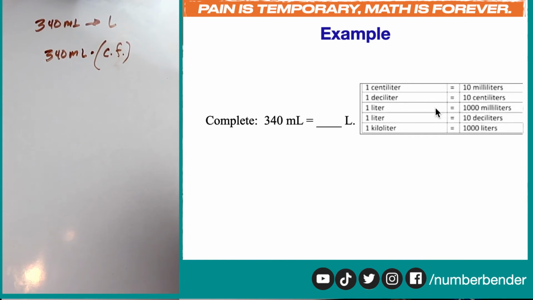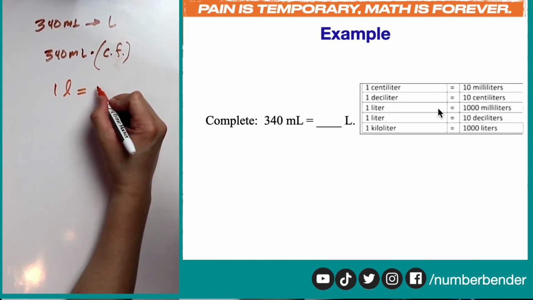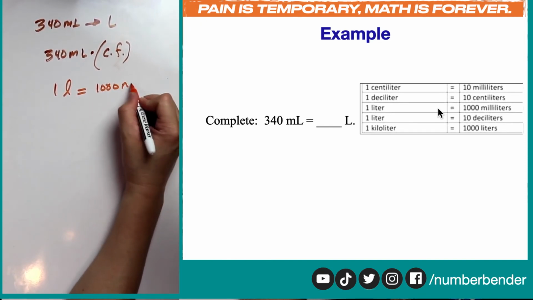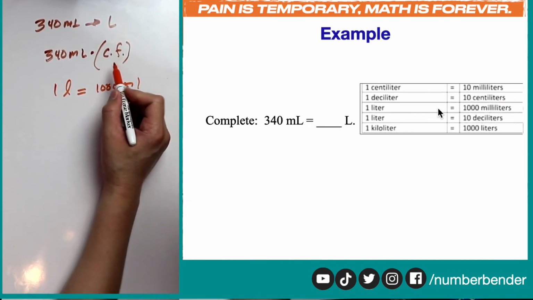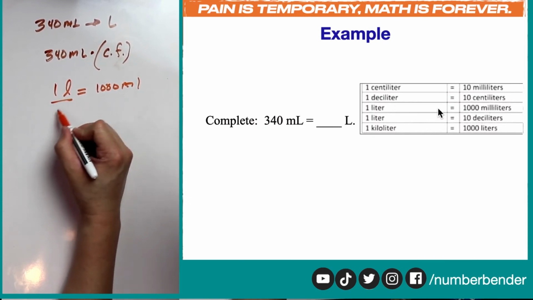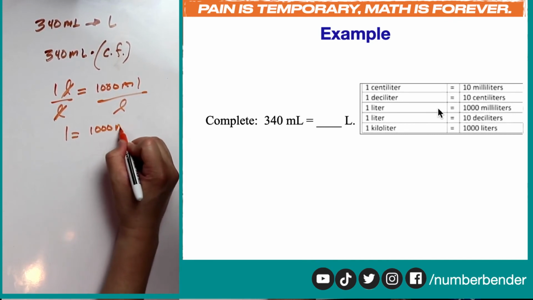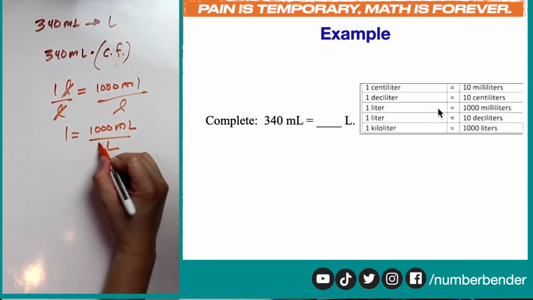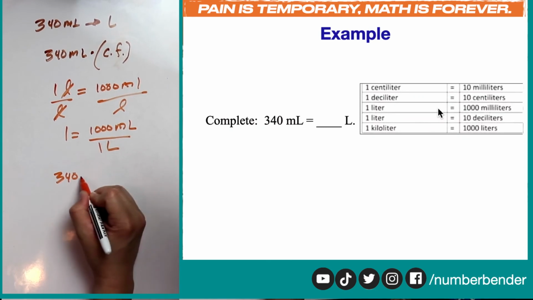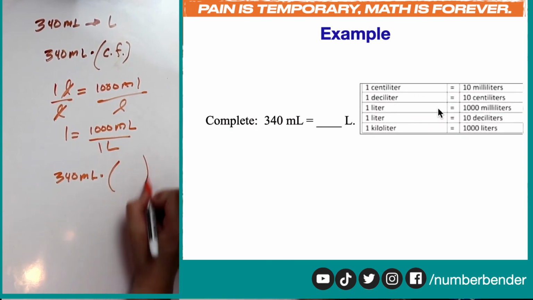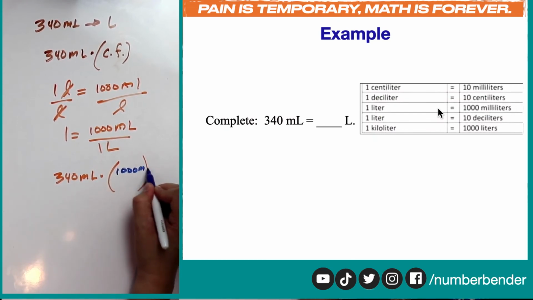And it's going to be easy because it's already here. 1 liter is equal to 1,000 ml. So we're going to need our conversion factor of 1. So 1 is equal to 1,000 ml all over 1 liter. And this is what we're going to be using to multiply 340 ml with, so that we can find our conversion. And that would be 1,000 ml